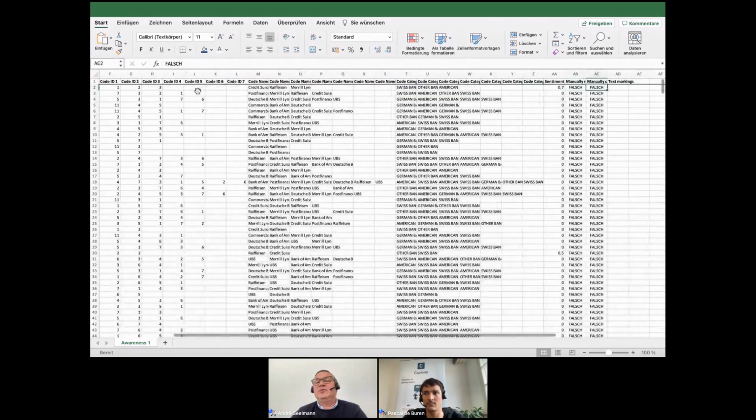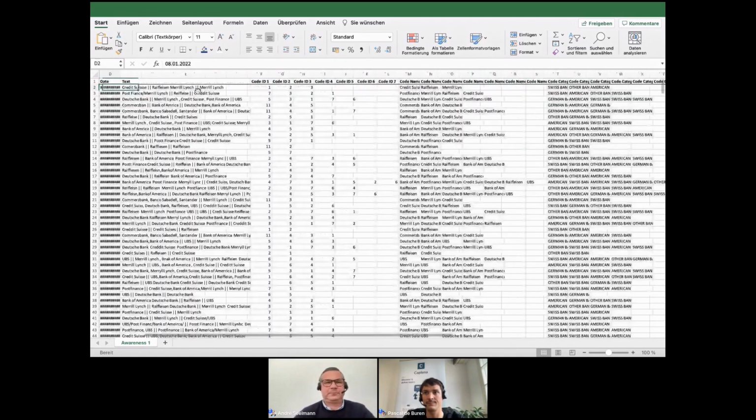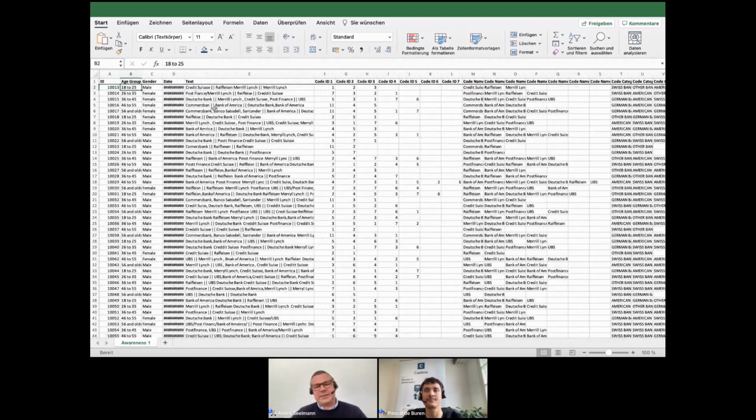And then you have a few data here on your reviewing status. But that's how it looks, Natalie. You can also download it in a different format, actually, in a binary format. And in the binary format, you would have all the codes, like in this case, all the banks and categories in one row. And then you have binary answers, i.e. 1 or 0,